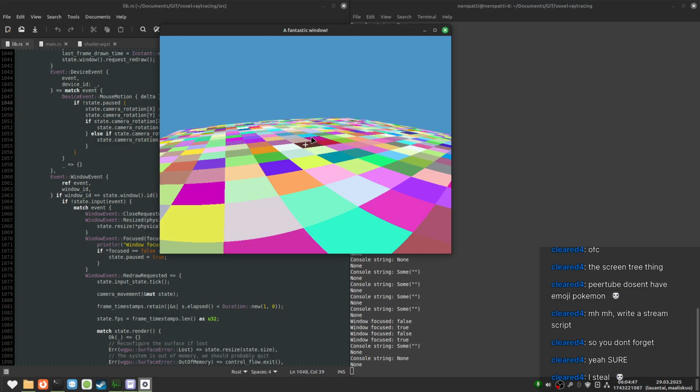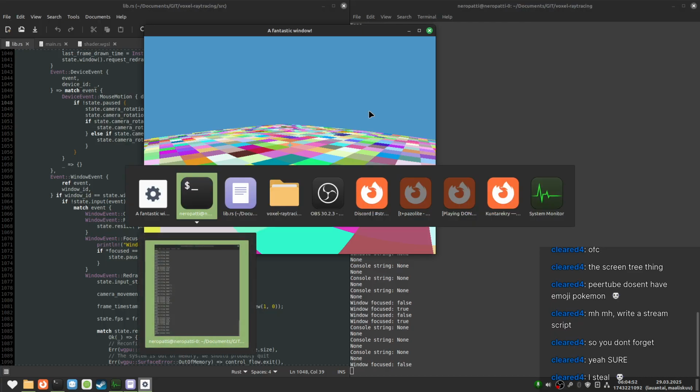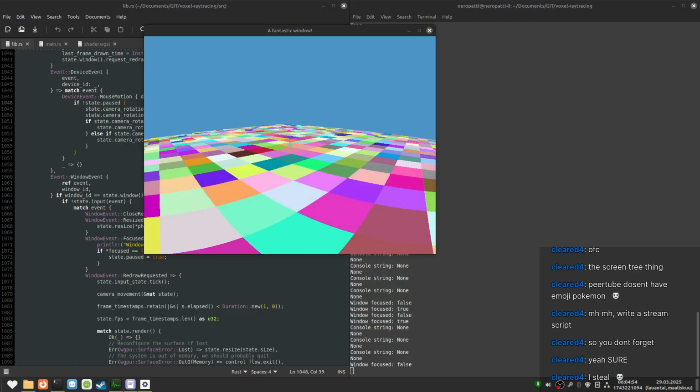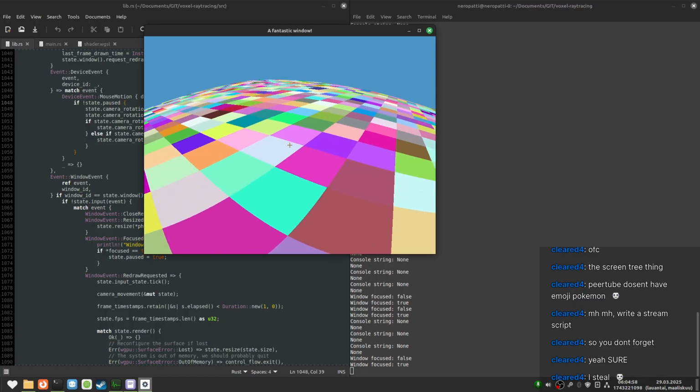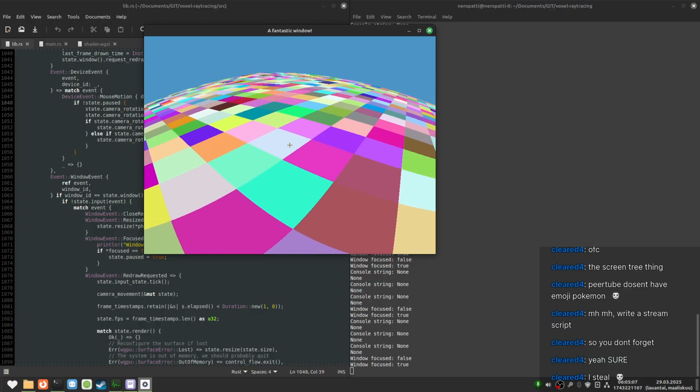But oh yeah, one thing also is that if I unfocus the window, it will free the cursor, no matter what window I tab to. And then when you click on the window, it doesn't instantly try to destroy a voxel or anything. The first left click is just used to steal the mouse, right?